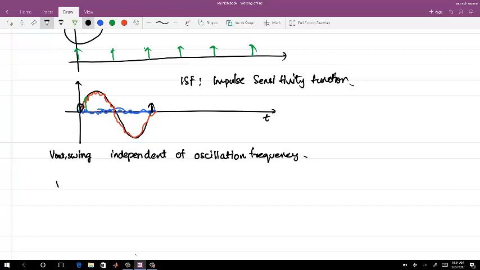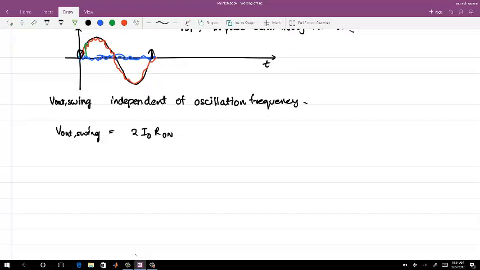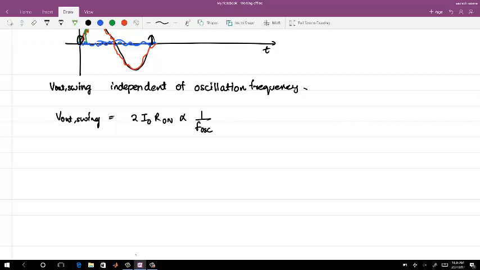Okay. So what we have, V out swing is 2 times I naught times R on. And since R on is inversely proportional to F oscillation, this gets inversely proportional to F oscillation. So if I want to make it constant, what shall I do? I have to vary R on to vary the oscillation frequency. Pardon? Change I naught also, right? So one way to change I naught